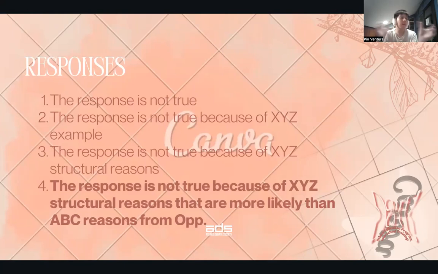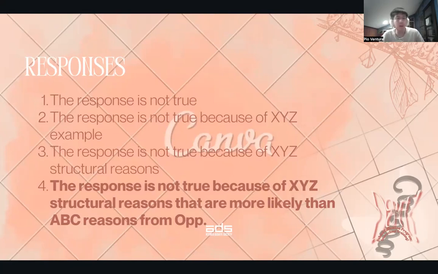So you can start by saying the response is not true. But the problem with that is it's not clear. Why is it not true? Maybe you're just saying it's not true for the sake of seeming like you know what you're talking about, or for the sake of seeming like you are disproving the case of the opponent. But at the end of the day, this is an assertive response, and at best, it is actually just very